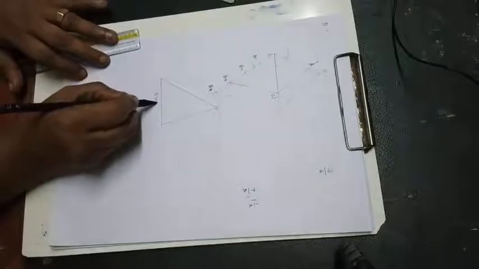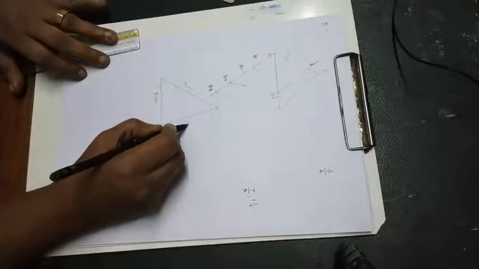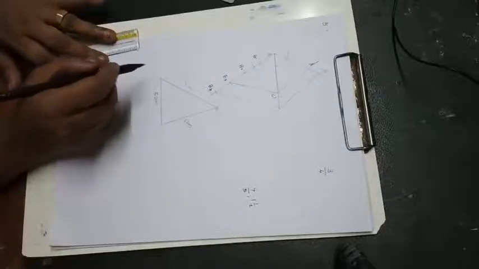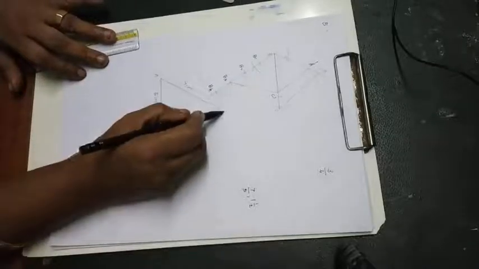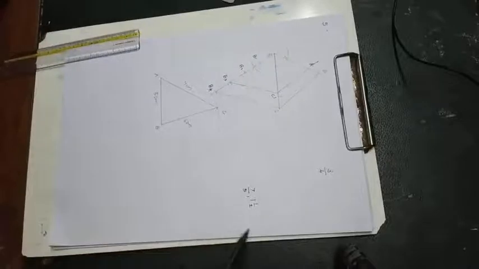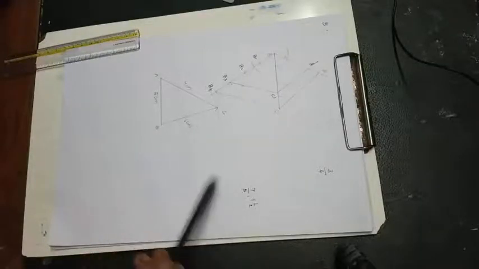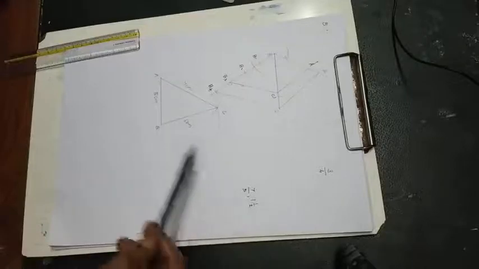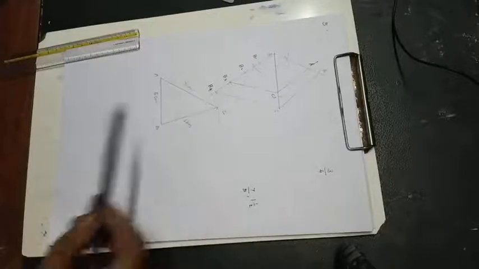This is the given triangle. This side is 5 centimeter, this one is 7 and this one 6 centimeter. Now let us name that one. So name is not given, so you can give any name, A, B, C. Okay. Now we are going to draw a triangle 7 by 5 size of this one. That means a triangle bigger than this one. No, 7 by 5 in improper fraction, that means a triangle bigger than this one.